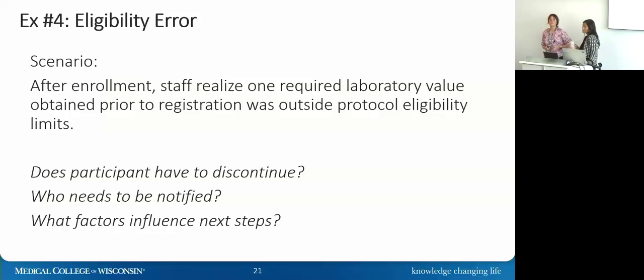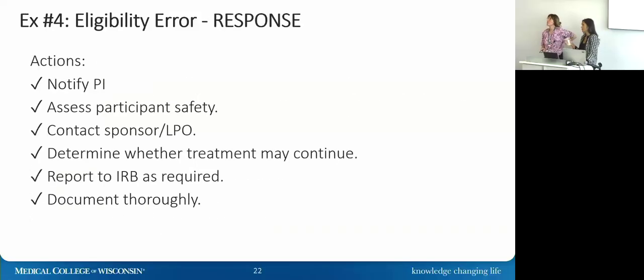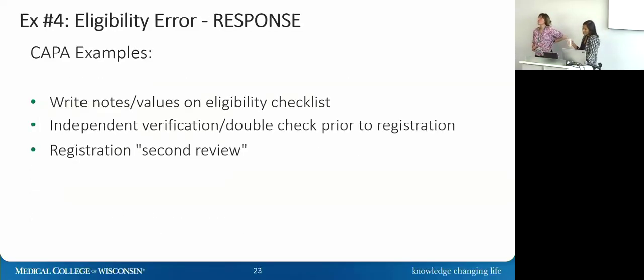So we basically talked about that. On the next slide, we'll talk about what we mentioned for CAPAs. And we really just went through most of that. I think, did we go back? I went back. Yeah, sorry. So yes, writing notes on the eligibility checklist, having a double check, whether that's before you decide they're eligible, or even at registration, having that second view,